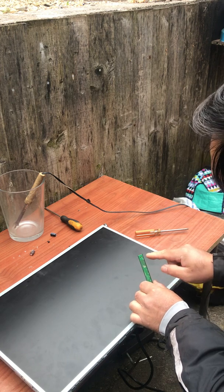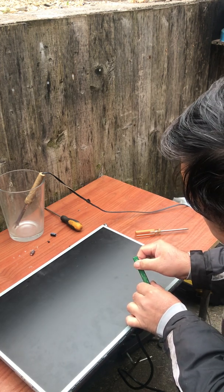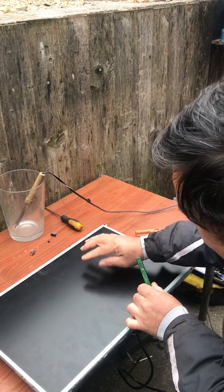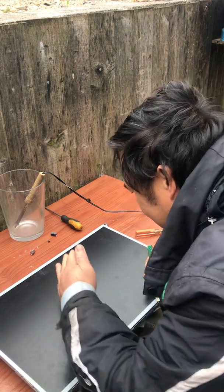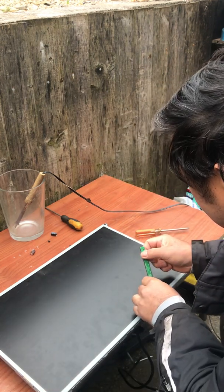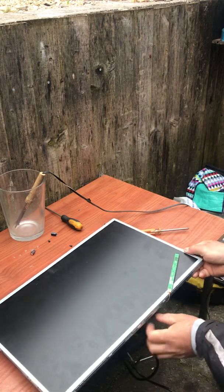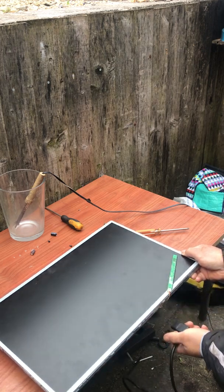Okay, so switch the lights off, on. You can see the reaction, but it's really hard to notice because it's really dark. But I can see that there's no connection there. So I think this one is okay now. The only problem is only the capacitor. So I remove the plug,